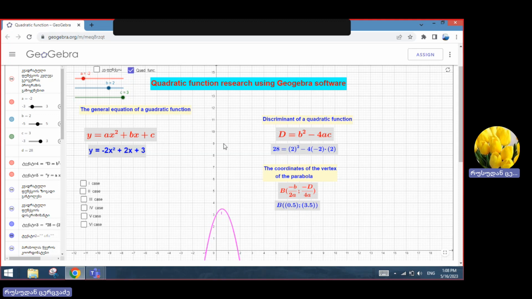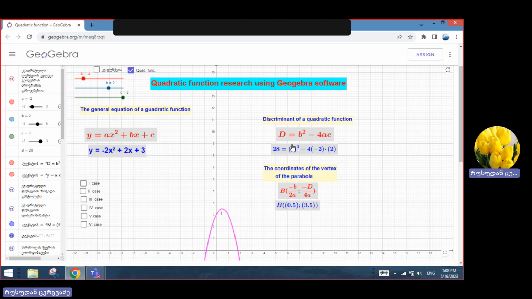The location of the graph of the quadratic function is determined by the discriminant. Discriminant is equal to b squared minus 4ac. Using the program, we can observe how the discriminant changes. By looking at the discriminant and the coefficients, we can find out the location of the parabola with respect to the